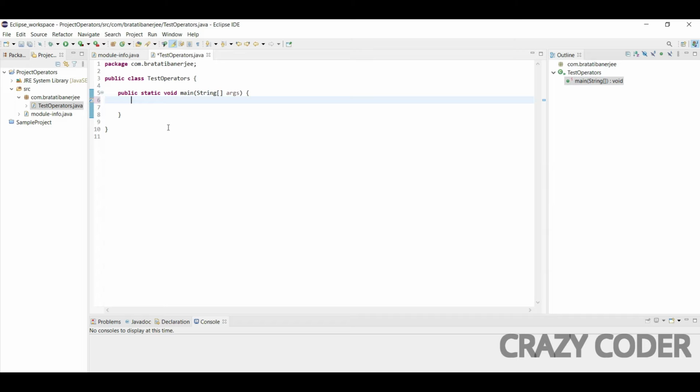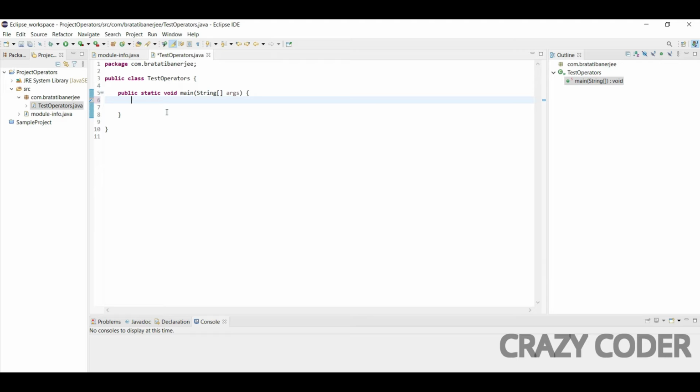By the name you can understand that this has something to do with mathematical calculation, as the name is arithmetic. And when I say mathematical calculation, that means it can be addition, subtraction, multiplication, division, modulus, or calculating the power. Any kind of mathematical operation can be done by arithmetic operators. So that is how we have grouped them.